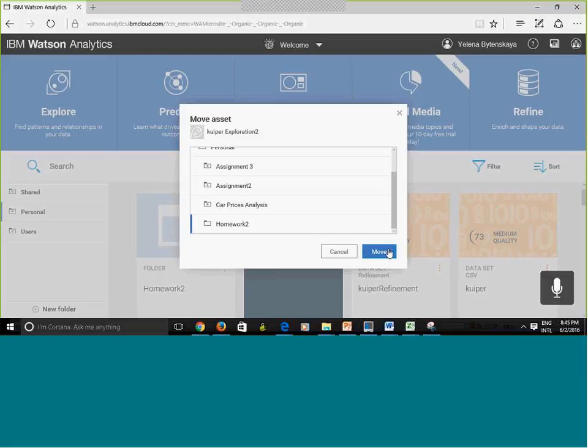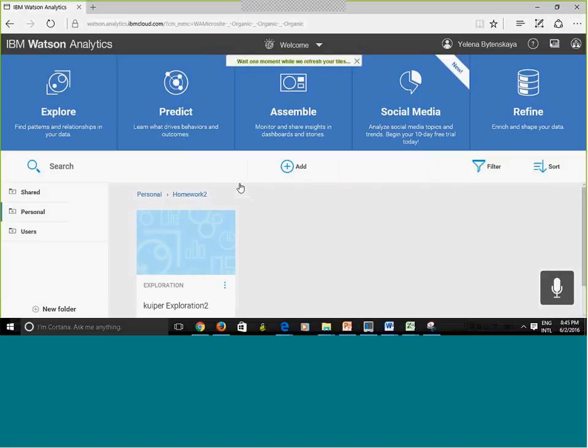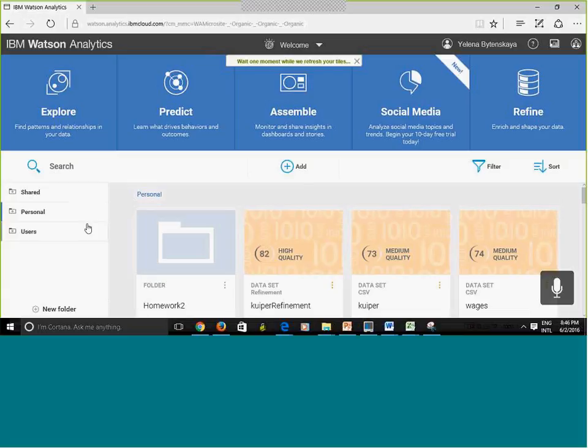And I'm going to hit move. There we go. So what did it do? It put a file in a folder, right? It put this file that it just created in this folder. And here is a path. It tells me where this file is located, right? So this is personal area. Subfolder name is homework 2, right? So this is a good idea to use folders to organize your work.